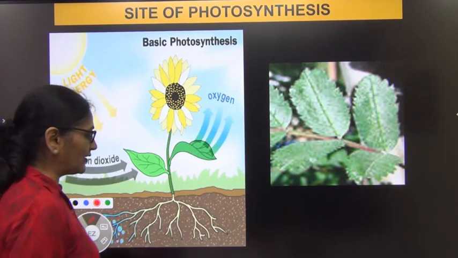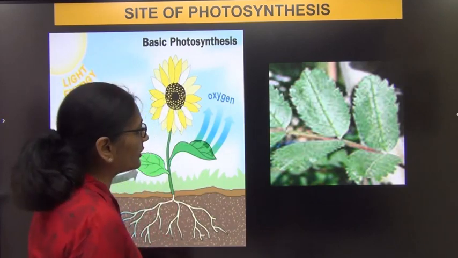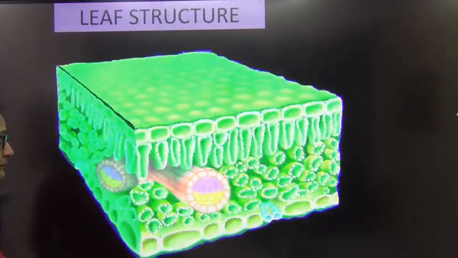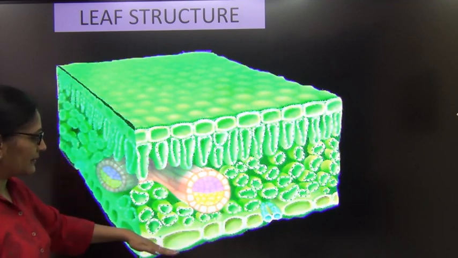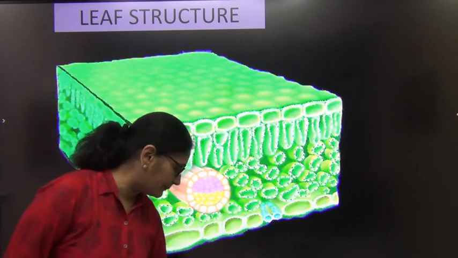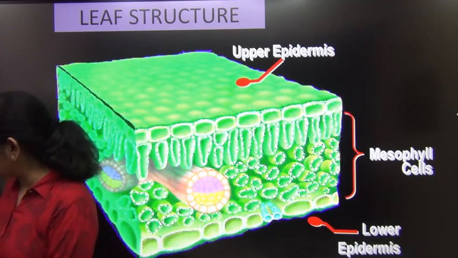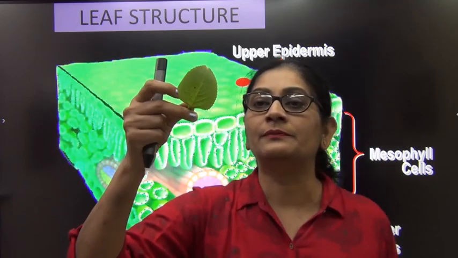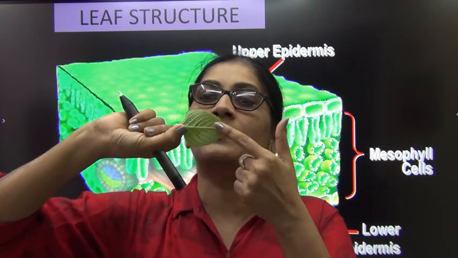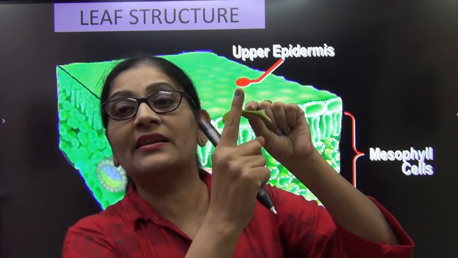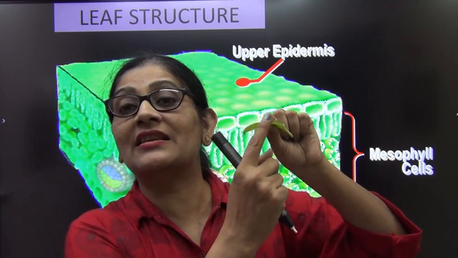So now let us try to find out where within the leaf photosynthesis actually takes place. Okay. So if we look at the structure of a leaf, we will find that, the leaf का 3 dimension, अगर हम लोग structure देखते हैं. So this is the upper epidermis, this is the lower epidermis, and this is the mesophyll. All the labelings I will draw one by one, and I will also let you know. So just look at this. If this is a leaf, this upper surface of the leaf is called the upper epidermis, the lower part is called the lower epidermis, and this thickness of the leaf is called mesophyll. You cannot imagine, but there are so many cells in this middle part.